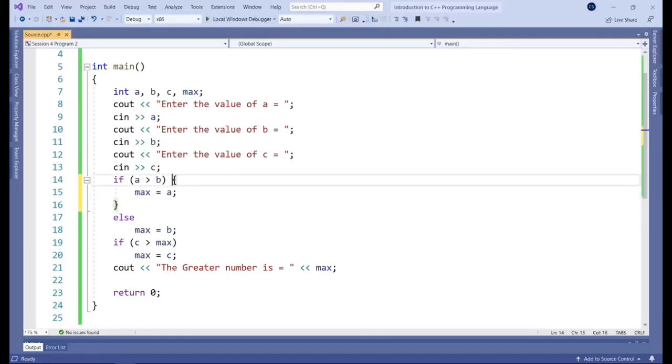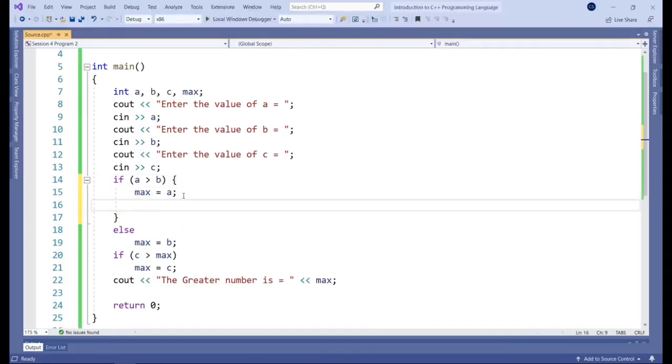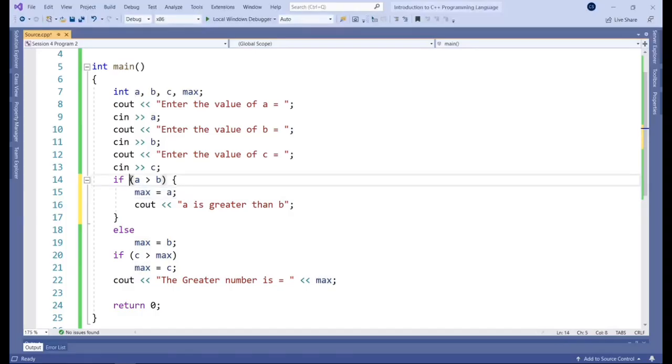But what these brackets allow you to do, besides maybe visualizing it a bit better what's happening here, is you can add in a second or as many lines as you want. So for example, we could add a message that says A is greater than B. And rather than just having one statement executed, if this is true, you could have multiple statements within the body of that scenario.